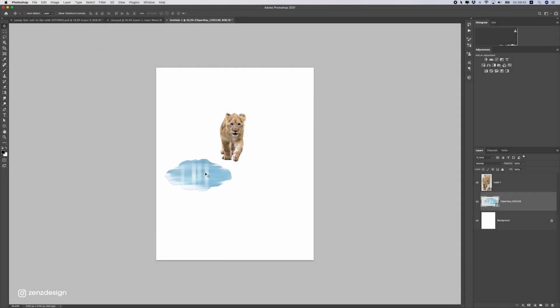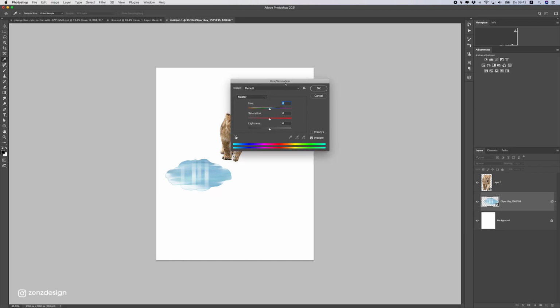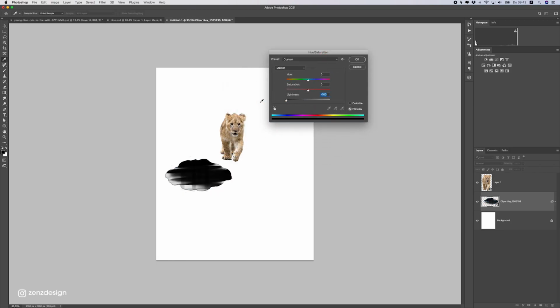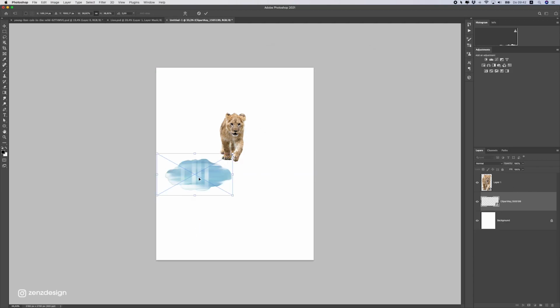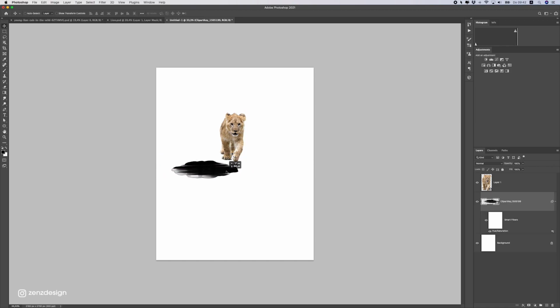Right, so first of all, let's make sure this image is black. I'm going to press Ctrl U and bring down the lightness to make it just like that. Now, it looks a bit like it's going up, so I want to flatten this a little bit. I'm going to press Ctrl T, hold down Shift and make it like that, so it looks a bit more real. Right, so this will be a puddle of water. We can just place it like that.